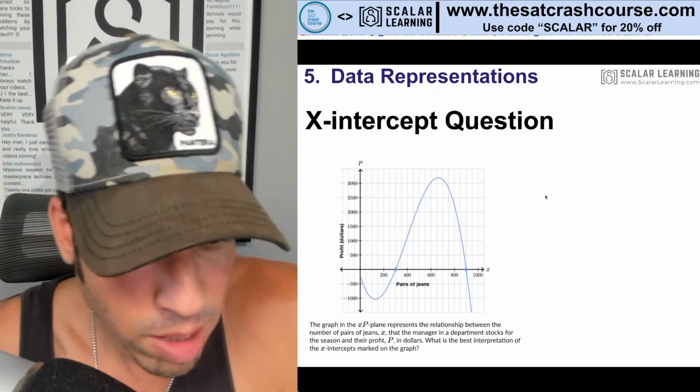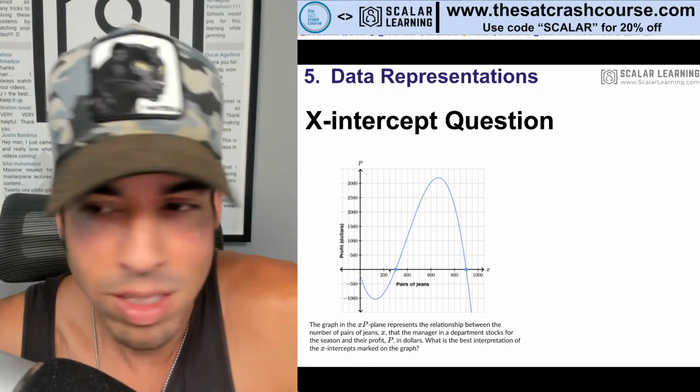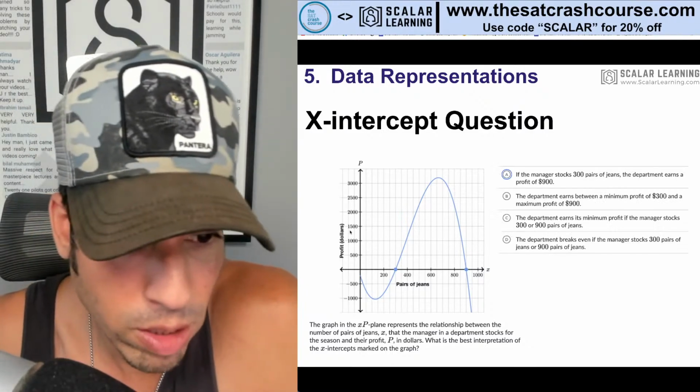This is an x-intercept question. What's the best interpretation of the x-intercept? Remember I said it's the point of 0. In this case, since it's profit, that's the point where you're getting no profit. So if we look at the answers,